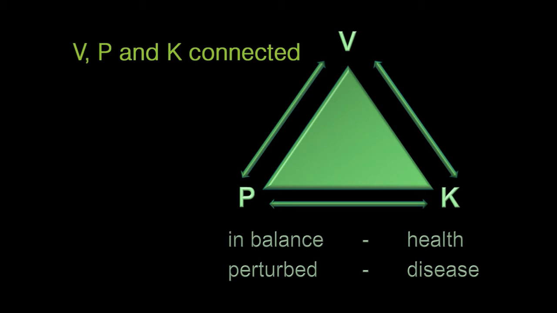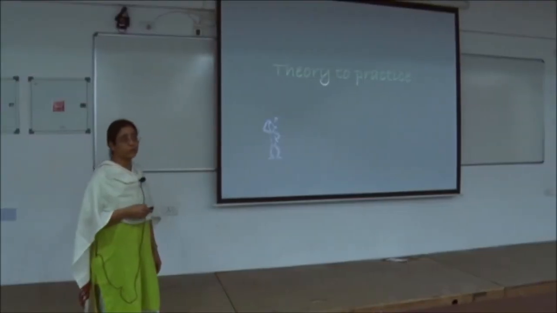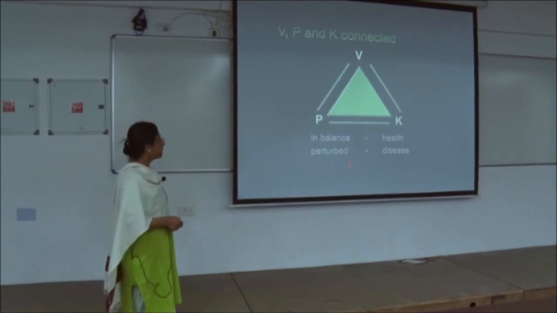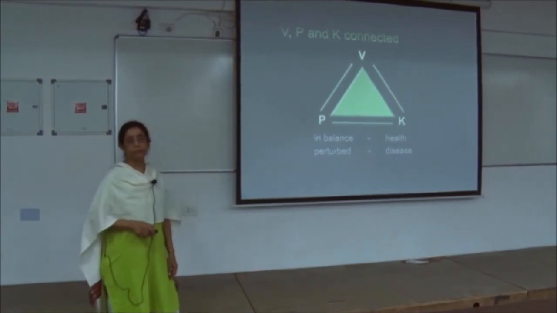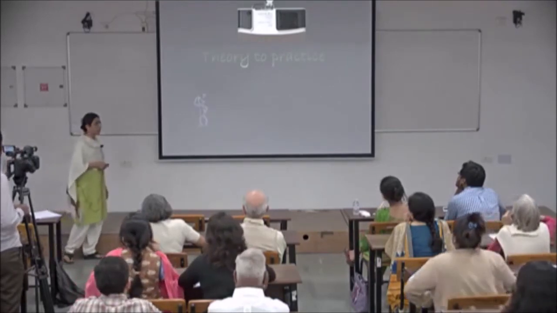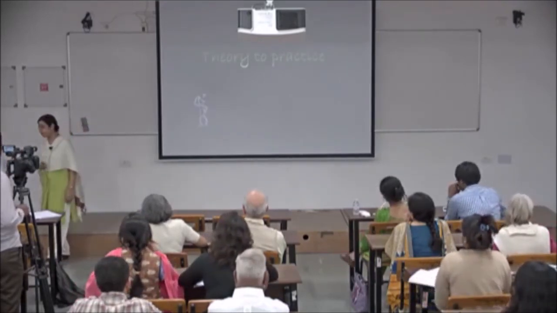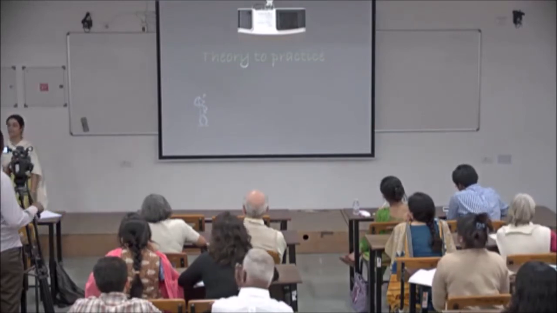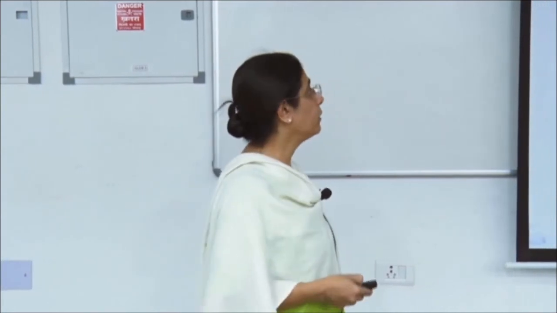It's interesting that modern medicine is also beginning to view diseases as a system perturbation. So how does the treatment work in Ayurveda? It's simply to get the perturbed system back to balance. Right? You can have any number of theories, but whether they are convertible into successful clinical practice is what defines the success, especially in a clinical science. So how the theory of Vata, Pitta and Kapha is converted into a successful clinical practice,